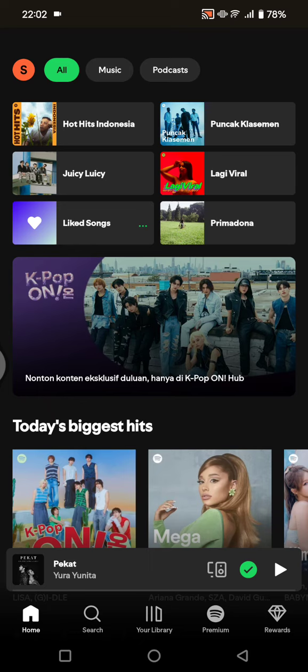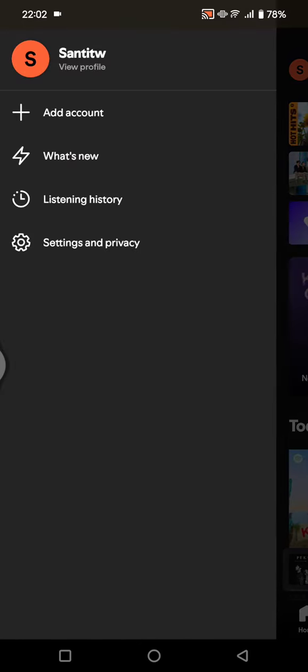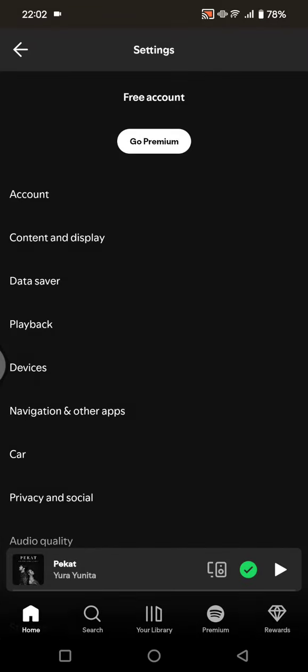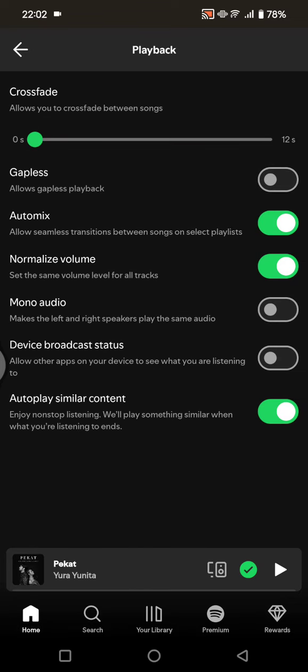So what you need to do is click on your name at the top left corner, your initial, and here go to the settings and privacy, tap on playback. So now you can just here allows you or enable the crossfade to around 6 seconds, but you can adjust it to how you like it, and enable this gapless feature so you